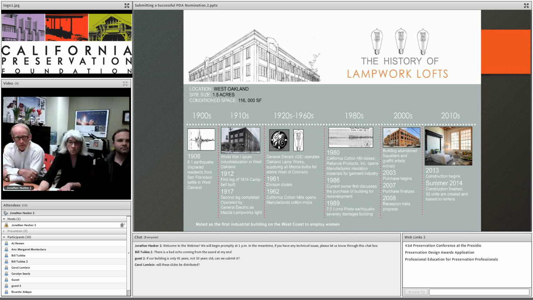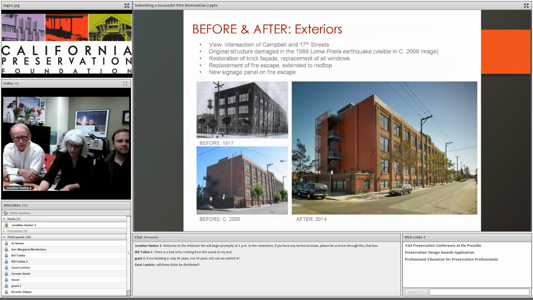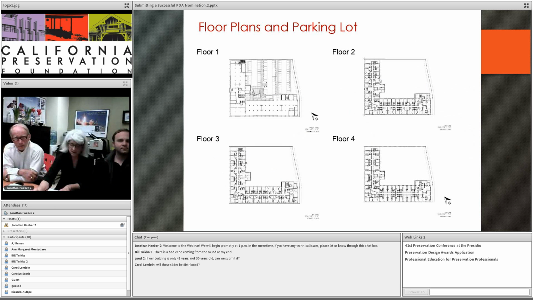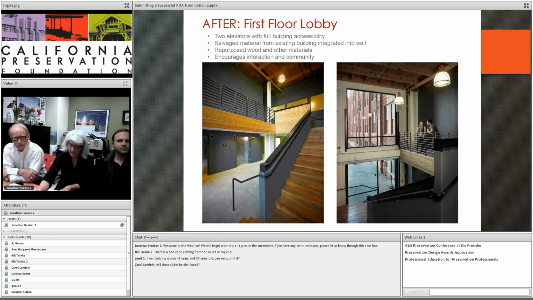Lampwork Lofts, Oakland. Located at 1614 Campbell in Oakland, California. This project is a rehabilitation and conversion of a historic 4-story industrial warehouse into 92 live, work, and residential units. This historically significant building, constructed of masonry-bearing walls and wood floors, occupies a rectangular 1.5-acre site. The 116,000 square foot design subdivided the interior space to take advantage of structure, light, and the existing industrial character